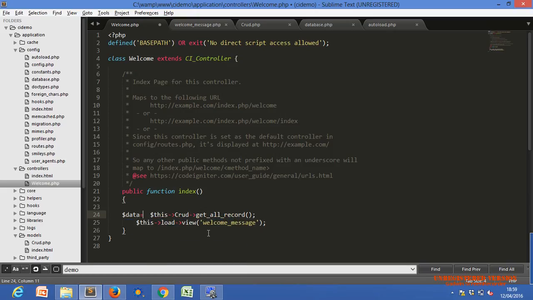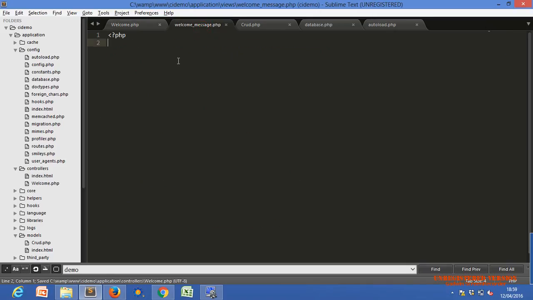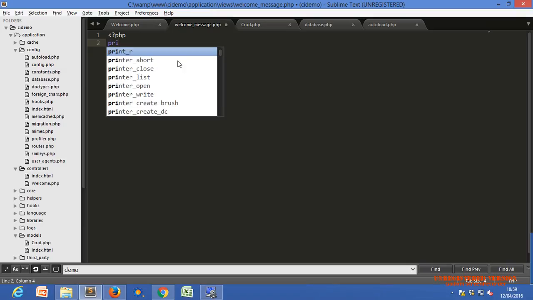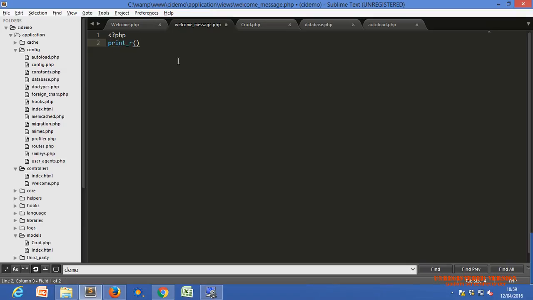So it will assign to that variable, and you can pass this variable with dollar data here, and it will try to print here. I will explain the working.